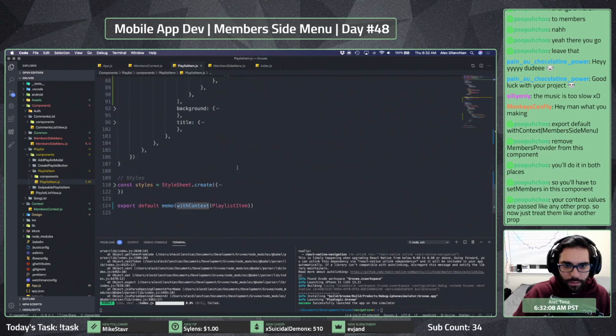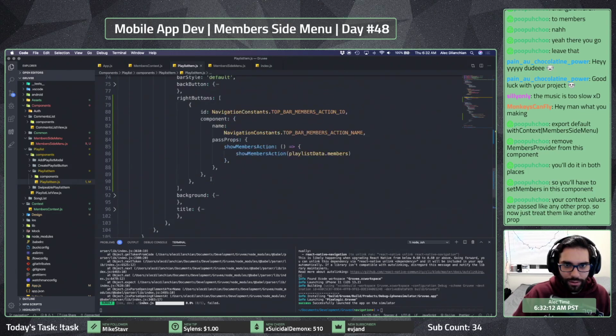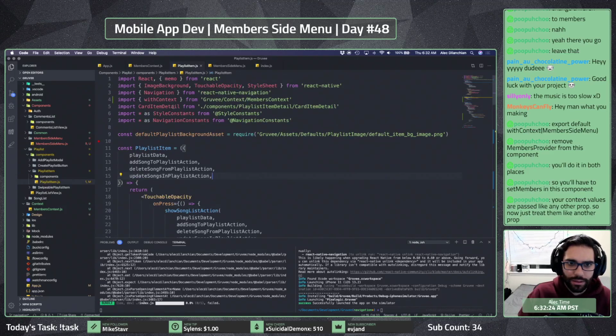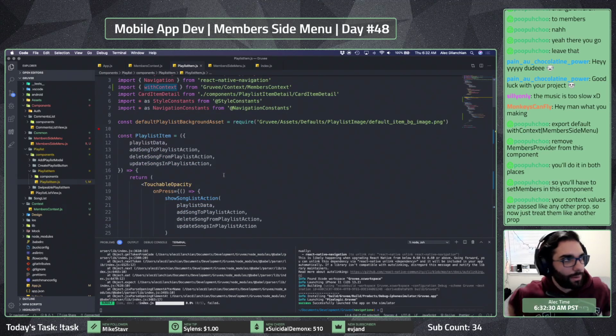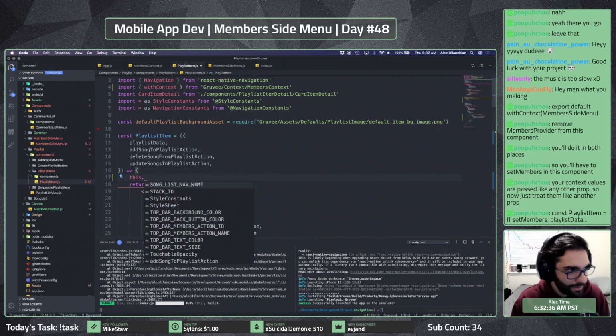Okay. So at this point, when I do this export, yeah, I guess that's syntactically right. So if it's like any other prop, then do I have to access these props within this, like this dot whatever my prop is?